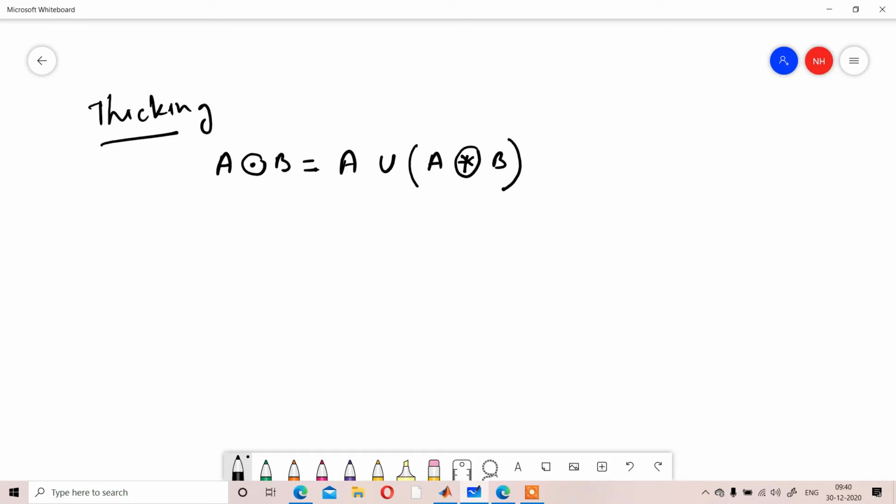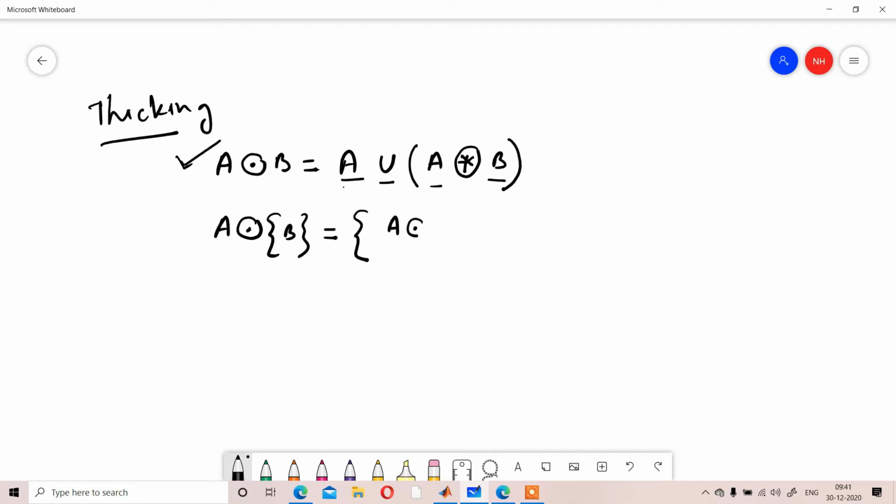Clear? Sorry, it's union. A union A thinning B will give you the thickening result, where obviously B will again be a number of structuring elements depending on the size of the structuring element. So A thickening B, considering a set, you can write as